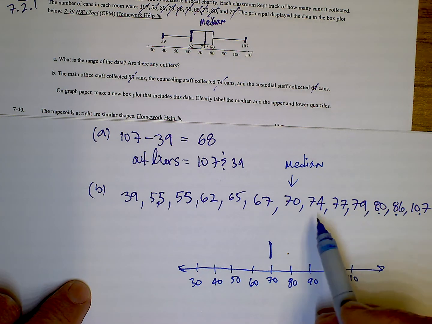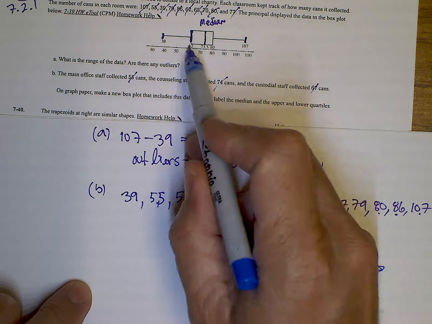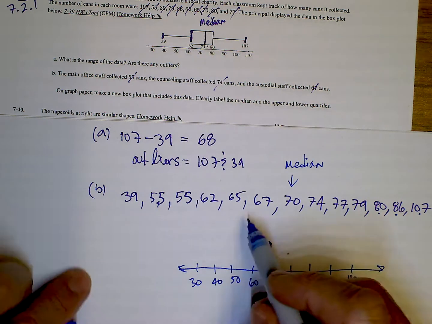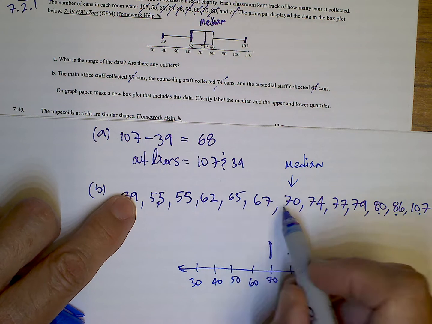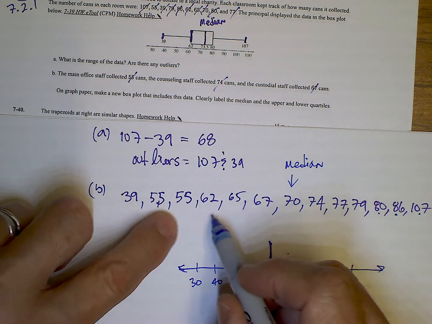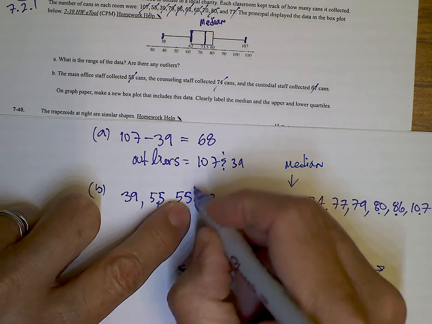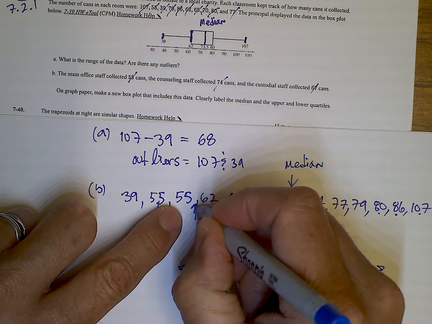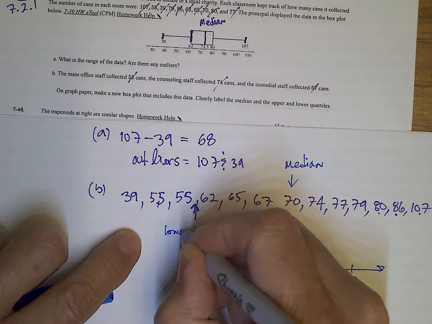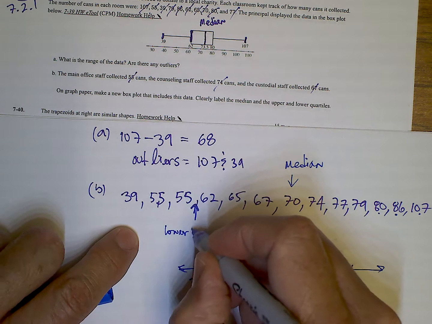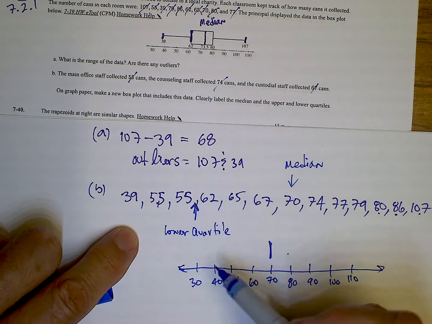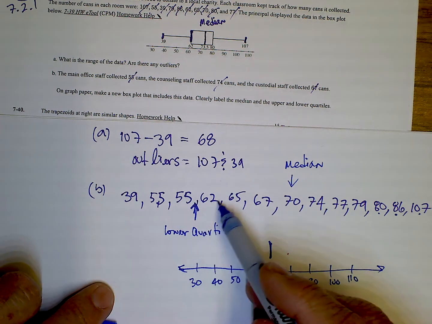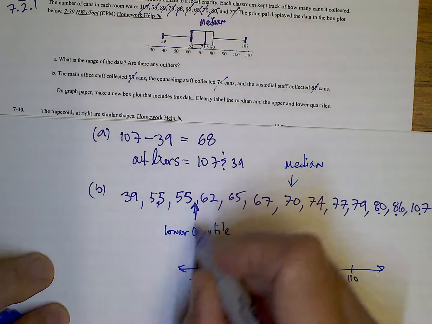So now I have to find my upper quartile and my lower quartile to find my two ends of the box, right? So my lower quartile, remember, is going to be the middle of the lower half. If I count in, I've got to find the number that goes in between here. That's going to be my lower quartile. So how do you find that number? To find that number, we're going to take